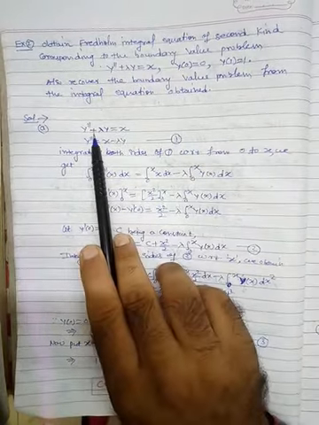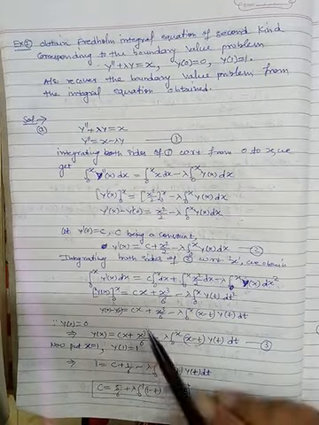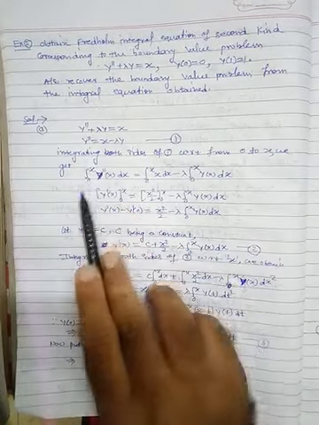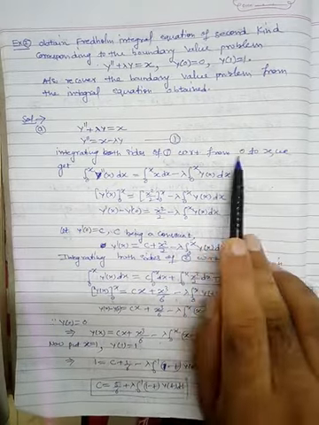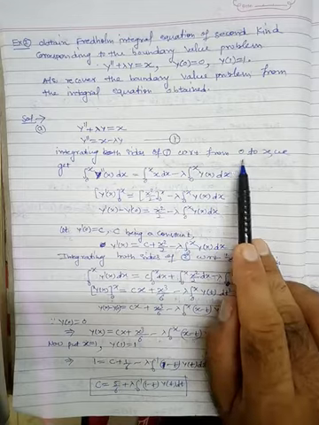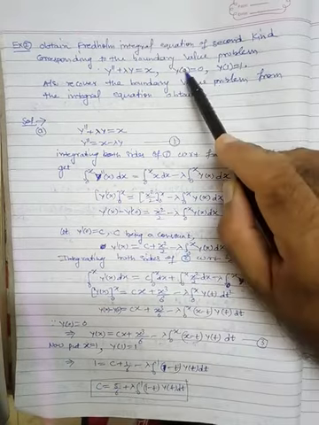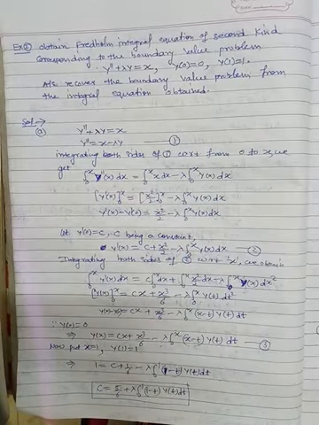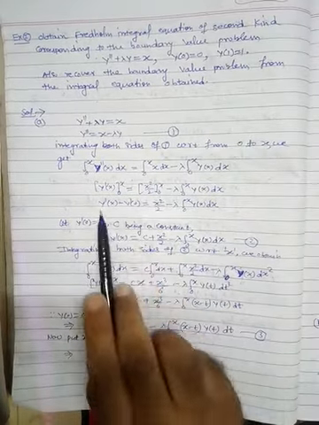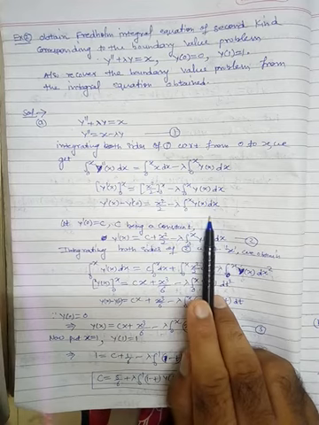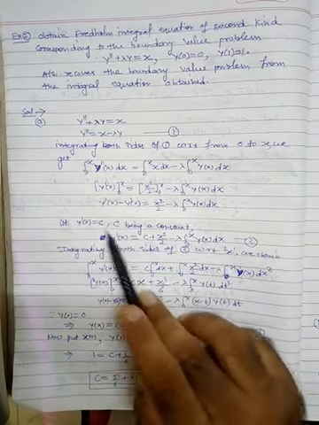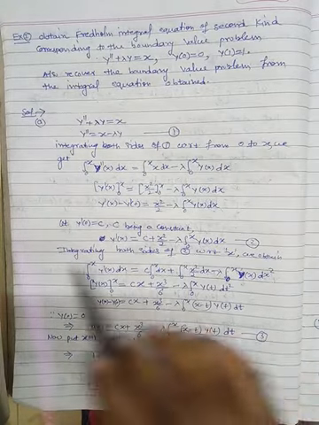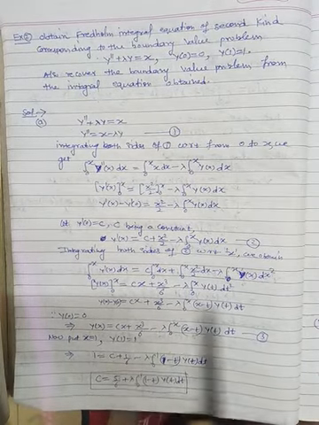First convert this differential equation into an integral equation. Take the second order term on the left hand side and the rest of the terms on the right hand side, integrating with respect to x over the limit 0 to x, because here the minimum point is 0. Following the same procedure, you get this equation after one integration. But y dash at 0 is not given to you, so just assume this as c. Again integrating, you get this term.